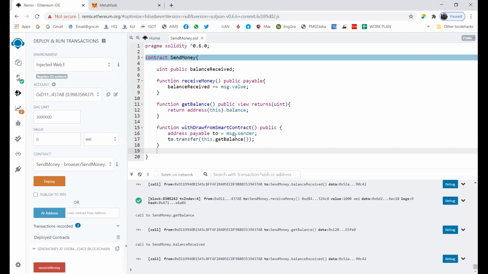I'm using message.sender to assign the address of the account which called the withdraw from smart contract method, and I'm assigning the value to to. With the help of to.transfer, I'm transferring the balance of this smart contract to the account which called this smart contract. I hope this is clear.